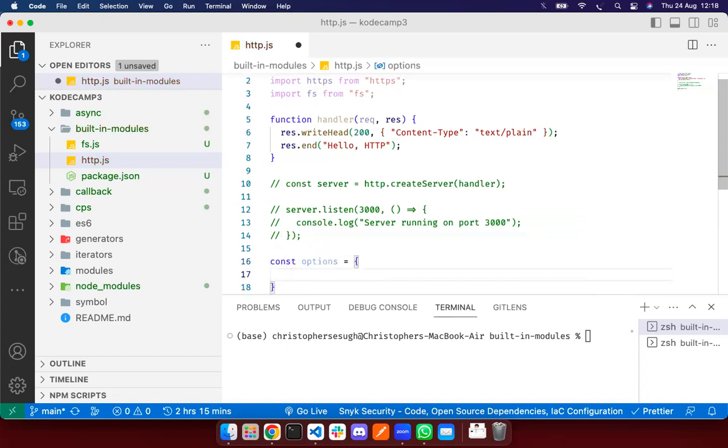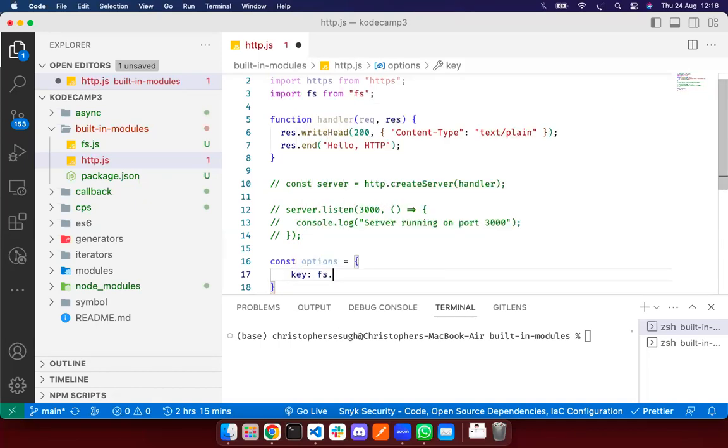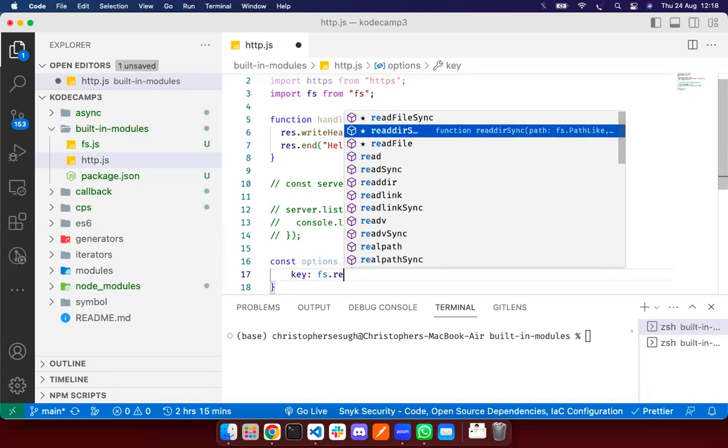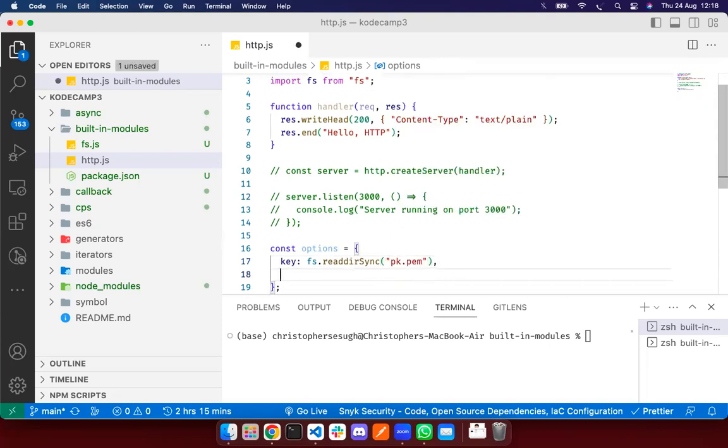And you may be wondering what these options are and what they stand for. And then we need a key and a certificate. And let me write this code, then we'll go ahead and explain what we need the key for and what we need the certificate for. Then we have a file. Let's say we have key. We say fs.readFileSync, where we provide, let's say pk.pem, and then we provide the certificate